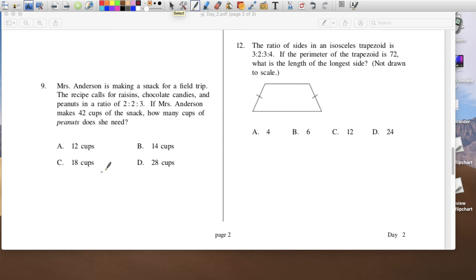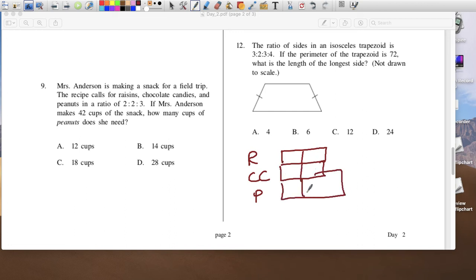You could have done a tape diagram if you prefer, with raisins, chocolate candies, and peanuts. If you do a tape diagram, remember from last year, I'm going to set up my tape diagram. Each box represents 1 unit, 1 cup. So I have 2 cups for the raisins, 2 cups for the chocolate candies, and 3 cups for